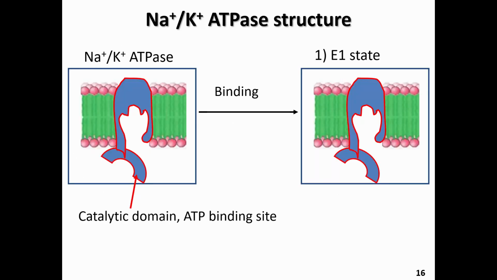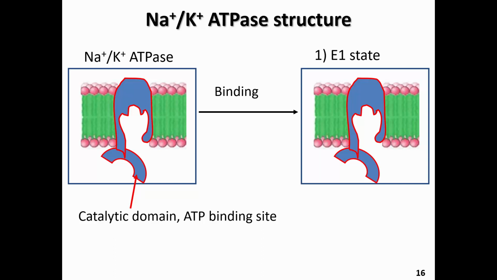And so we'll go through these diagrams that illustrate the different states of the sodium-potassium ATPase. On the left-hand side, here we see the muscle cell membrane, and we see this illustration depicting the sodium-potassium ATPase embedded within the membrane. And this lower illustration represents what's called the catalytic domain. And that's the small region of amino acids that will bind